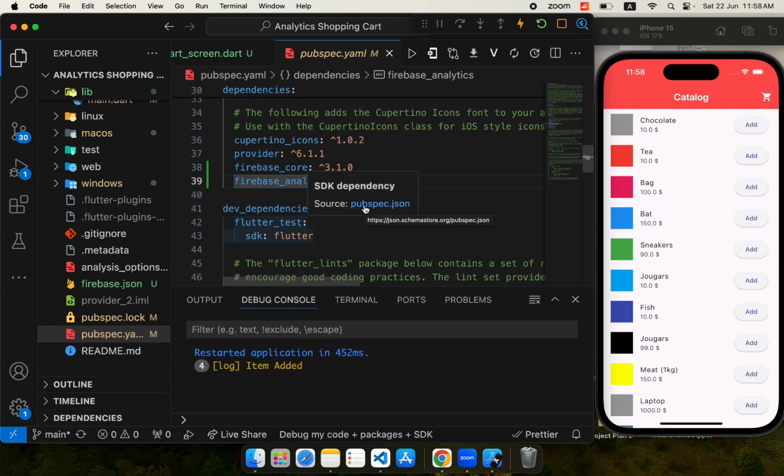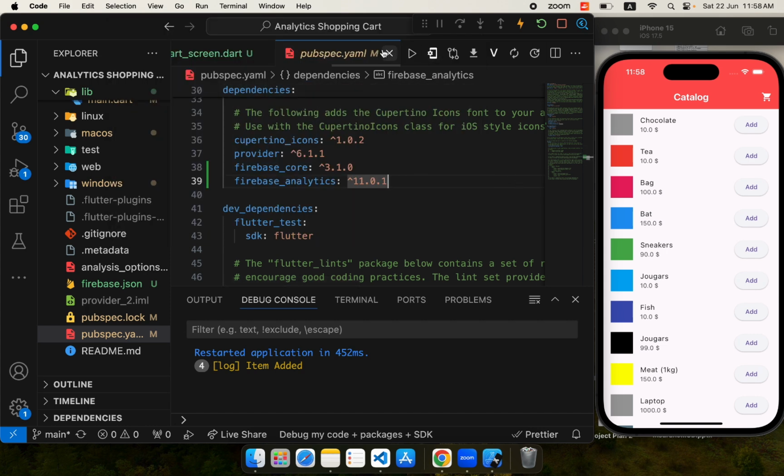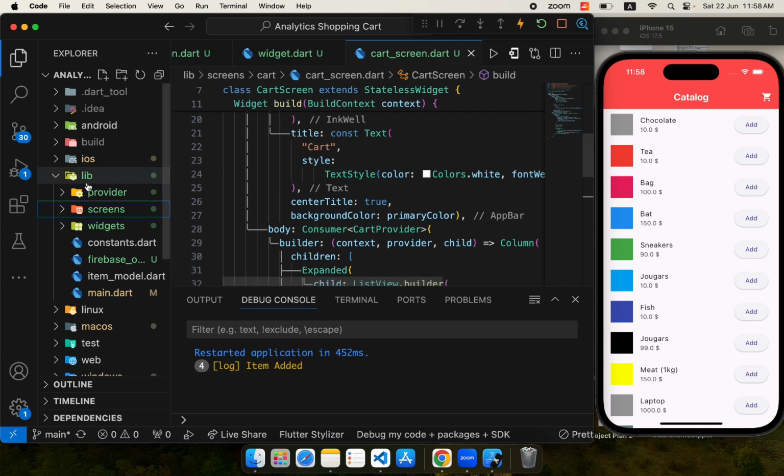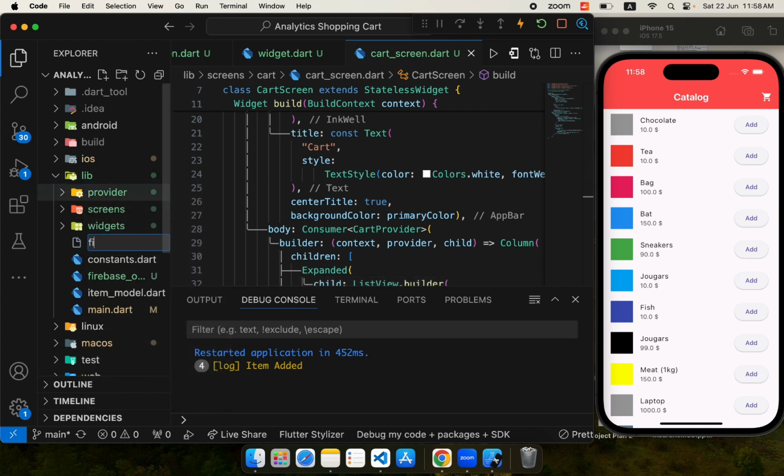You just need to hold Control then Shift and tap P, and then you have this add dependency here, and you can search for any package. It is a very handy tool, you can use that as well. Now let's navigate here, and here we need to create a service for our analytics. So I will call it analytics service